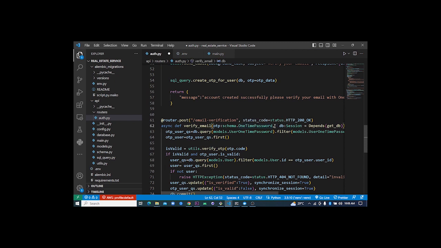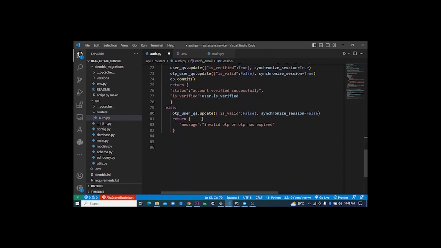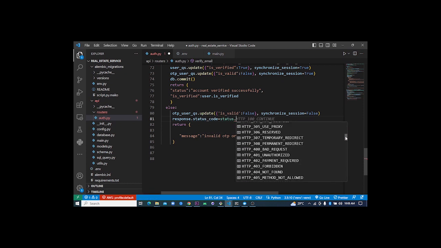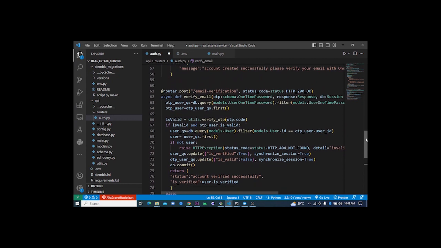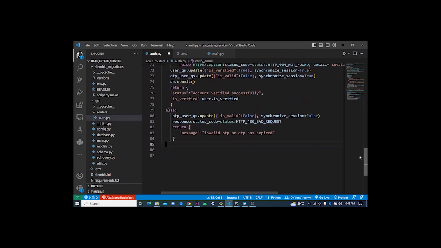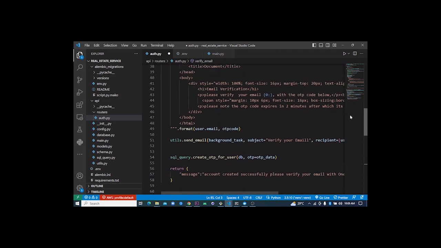So we can say response is equal to the response model, and in here we can simply say response status code. That we do. So that will give us the status code for a failed email verification. So I think with that out of the way, we are set to test our sign up and